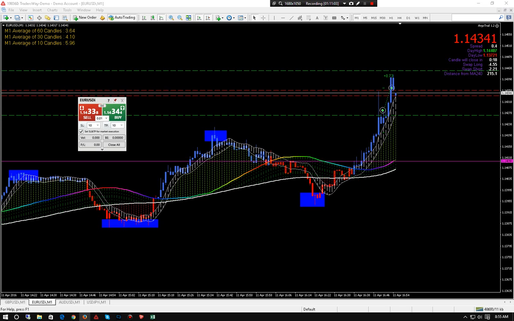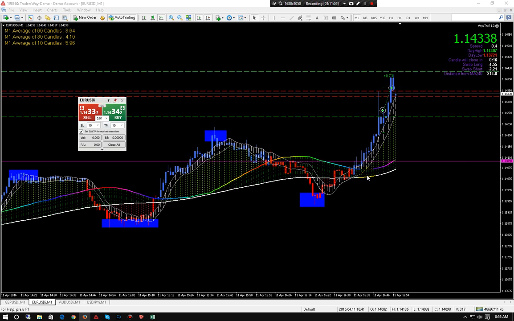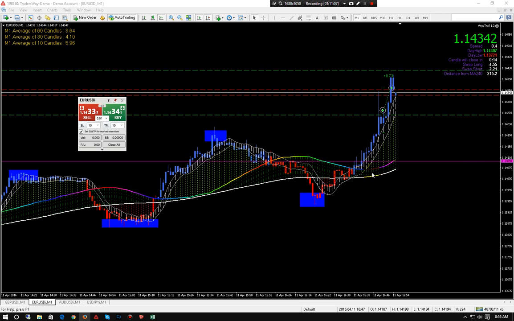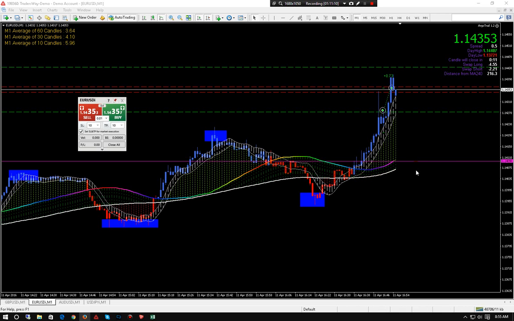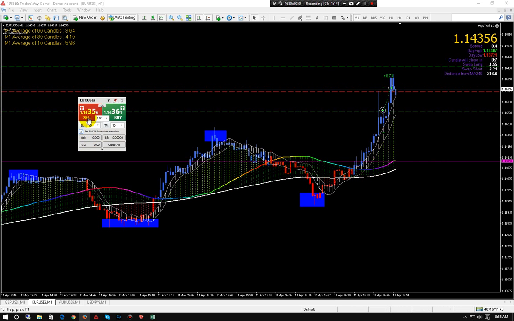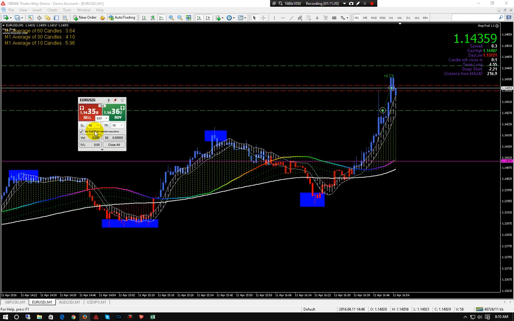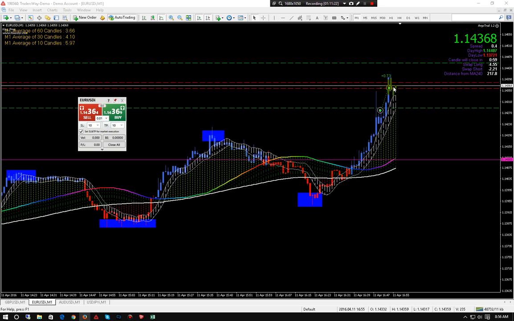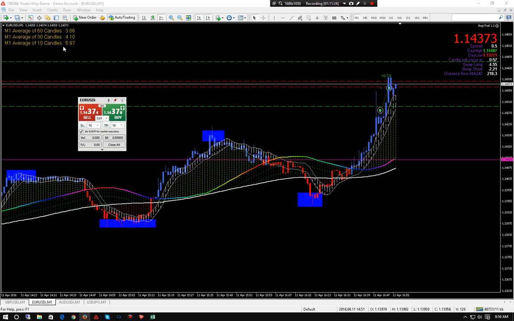Okay, so the wick and the slow moving cloud were the only concerns we had. But let's look at the good points of the setup. Take profit, stop loss. We would have wanted to ignore the wick. It should have come into account for the average of 10 candles. So the take profit and stop loss was okay. It could have been increased a tiny bit, but it was okay.